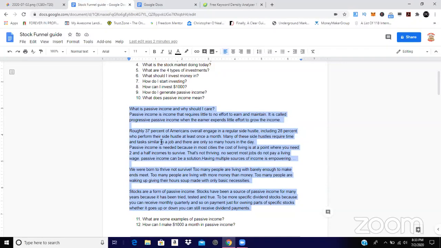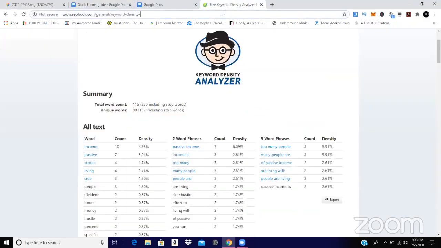Now, I do suggest talking, because if you want to be able to utilize it the third way, talking is going to be what actually helps. So what I mean is being able to say, you know, what is passive income and why should you care? Passive income is yada yada. Skip. Once we have that, we would actually be able to go to